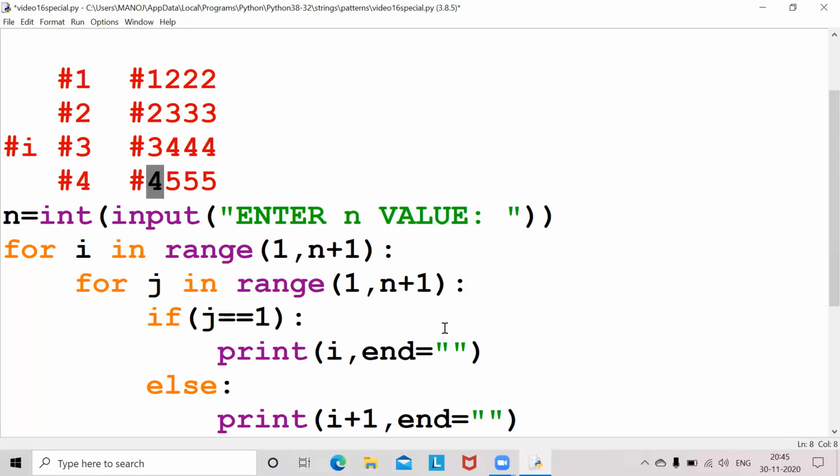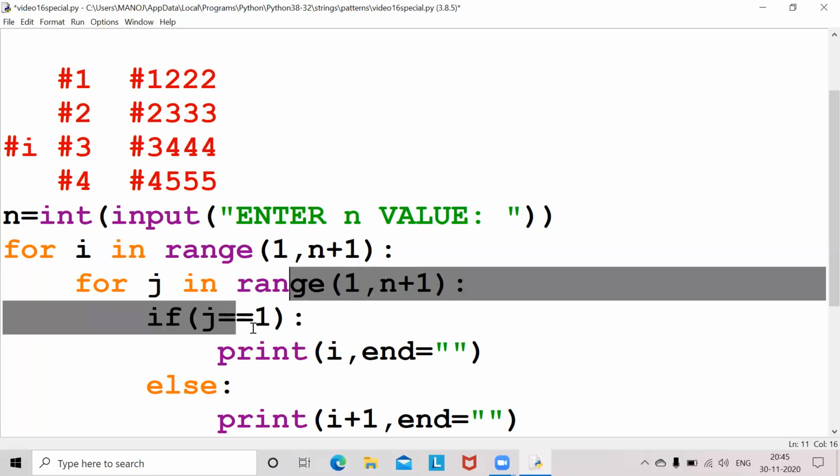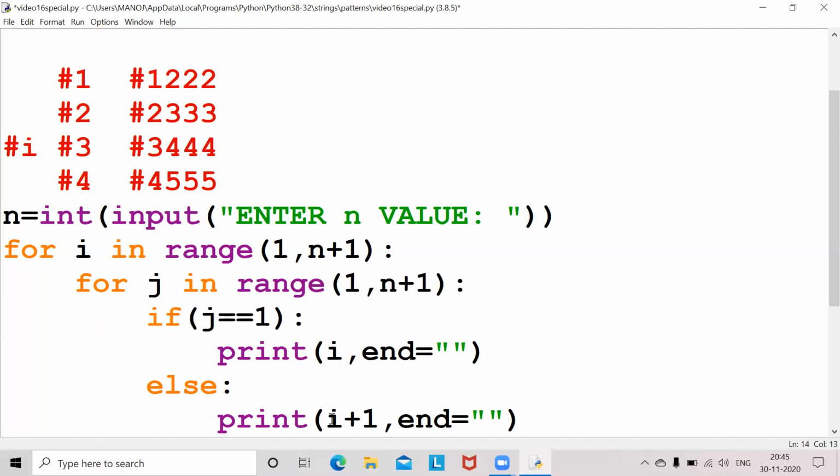After that j will be incremented to 2, the value of j will become 2, the condition is not satisfied, so it goes to else, print i plus 1. What is the value of i? 4, plus 1 we are doing now, 4 plus 1, what? 5, so it will be printed here. After that j will be incremented to 3, this condition is not satisfied, now it will go to else, 4 plus 1, what is the value? 5.